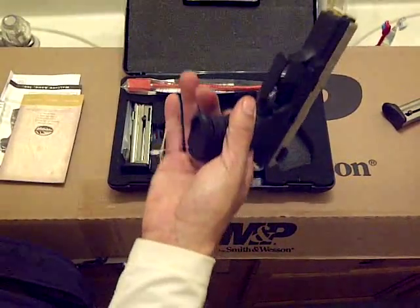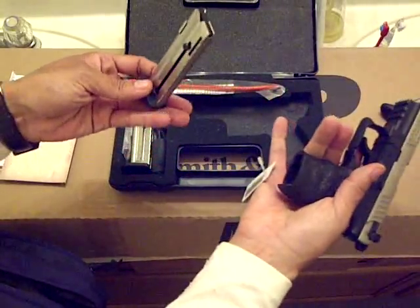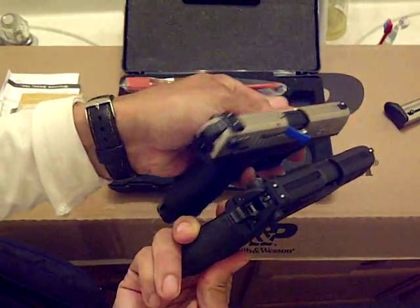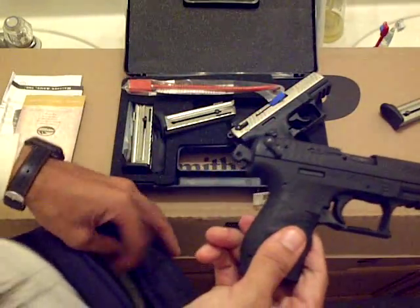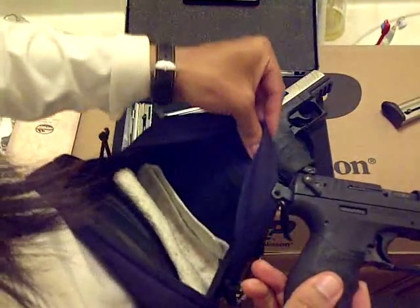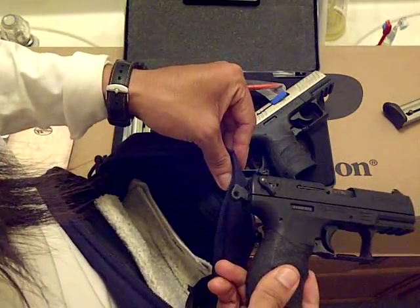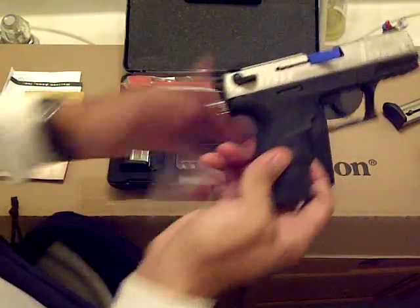Oh yes, might as well just get rid of all this stuff. So I'll cut that out. But there you go, Walther P22 in a two-tone. Exactly the same gun, so I'm not gonna try to compare and weigh them. When I first purchased this, the salesman at Academy showed me both guns. I decided to go with the black one, just because it is really easy to conceal, put in here, hard to see. And it does help because sometimes I will accidentally open this by accident, thinking that I pulled out the pocket where my credit card and my money is, and I'll realize, oh, this is the pocket for my gun. Oops, zip it back up. No one really notices anyway. So I decided to get this one